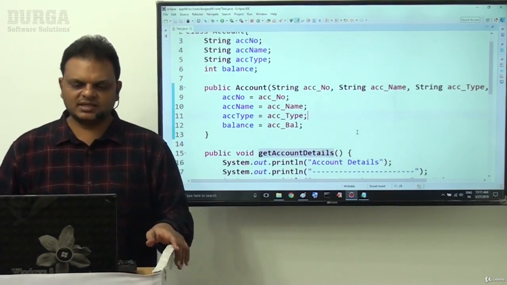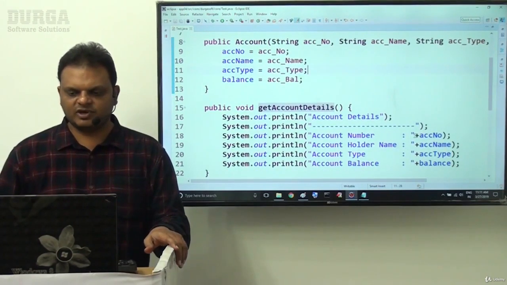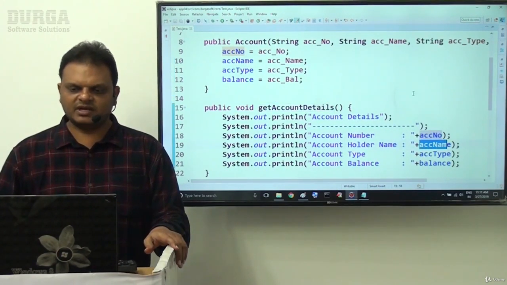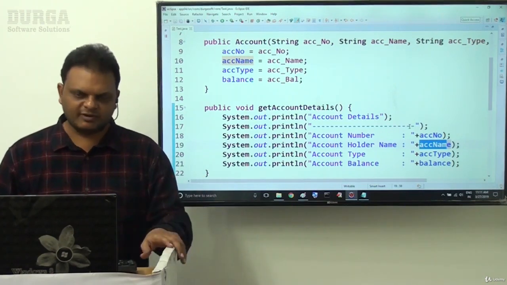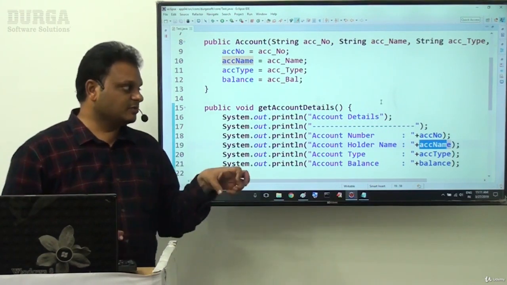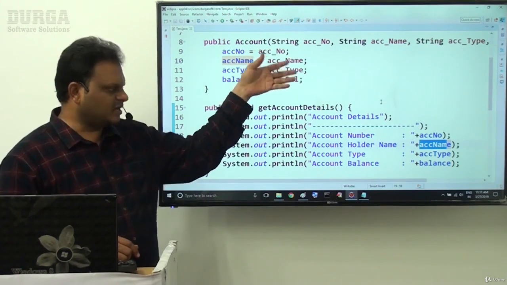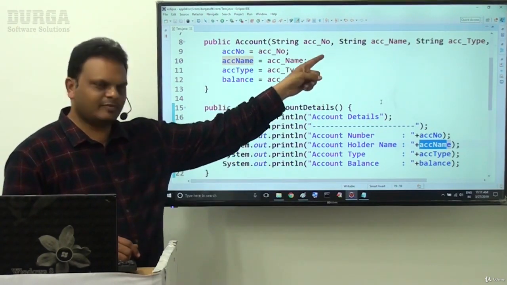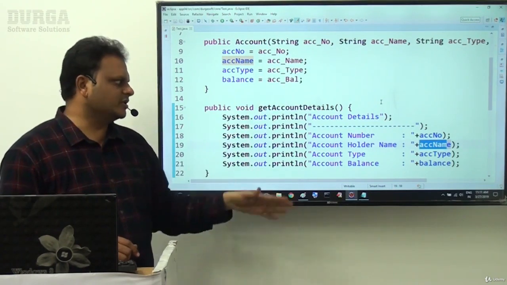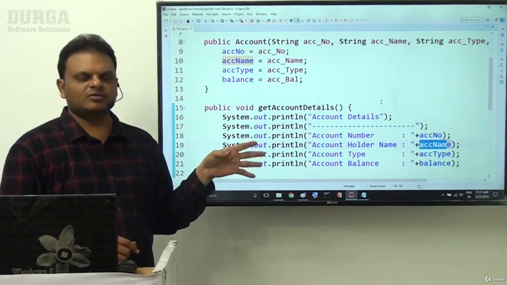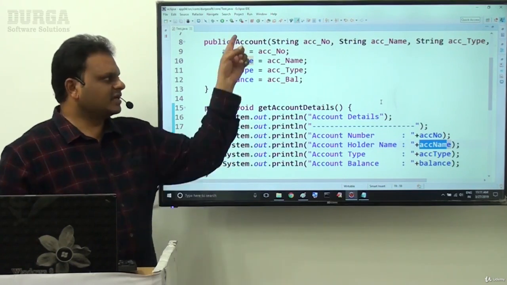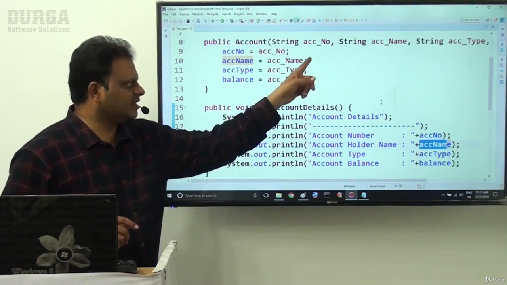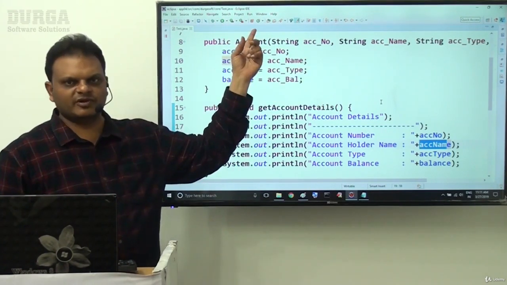But inside this class account we are calling get account details, where we access ACCNO, that is the parameter variables data. But parameter variables data has scope only up to the constructor. It is not available outside of the constructor. So if you want to make our parameter variables data available outside of the constructor, only one approach works: declare class level variables and set the data of these local variables to the class level variables.